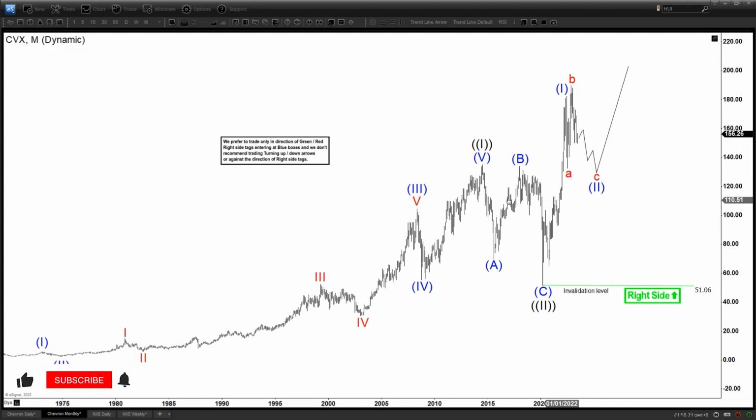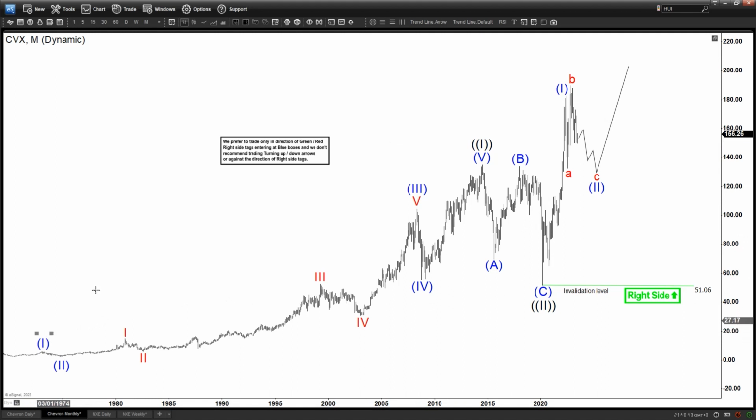So today we are going to give an update on the stock of Chevron. CVX is the symbol here. So we're going to be looking at the long term for this particular analysis. So we have a monthly time frame here. So we can see that we have a clear